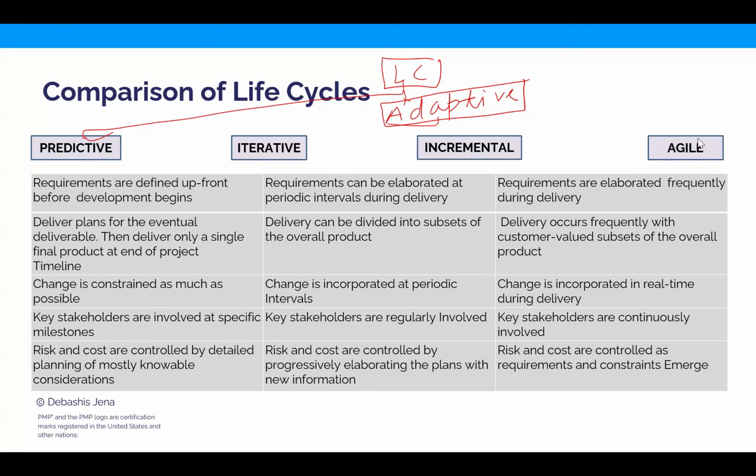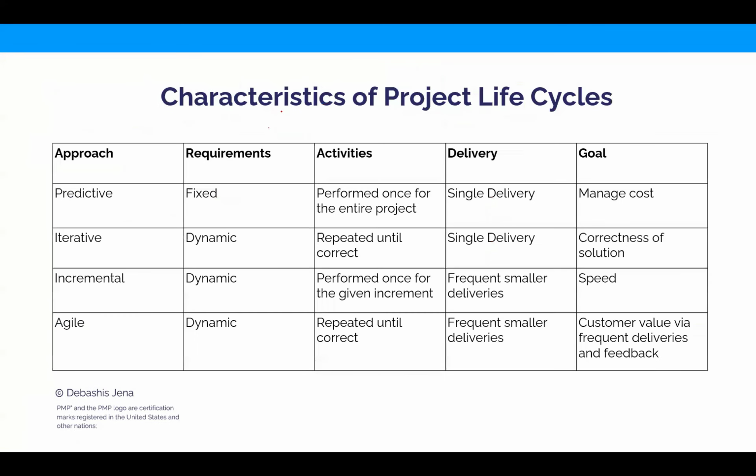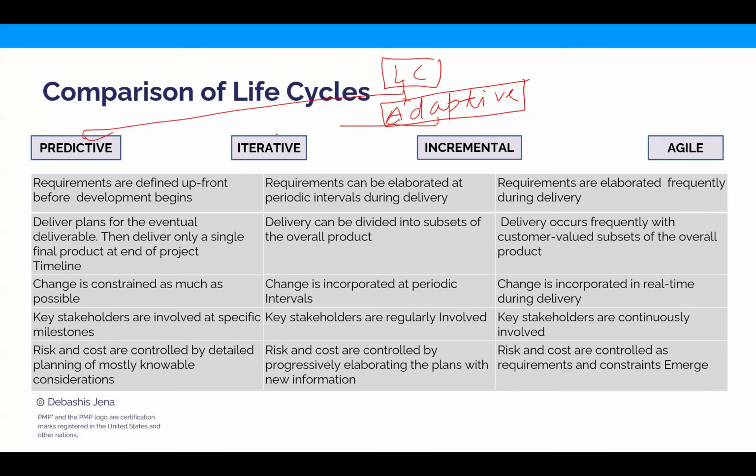So within adaptive, as I said, there's a further classification happening. Adaptive is further divided into iterative, incremental, and agile. I'll explain all of these life cycles. View predictive and agile as the two extremes. Rather than a clear line, it's a continuum altogether. Your life cycle could lie anywhere between predictive and agile. That's the right way of looking at it. So, starting with predictive,